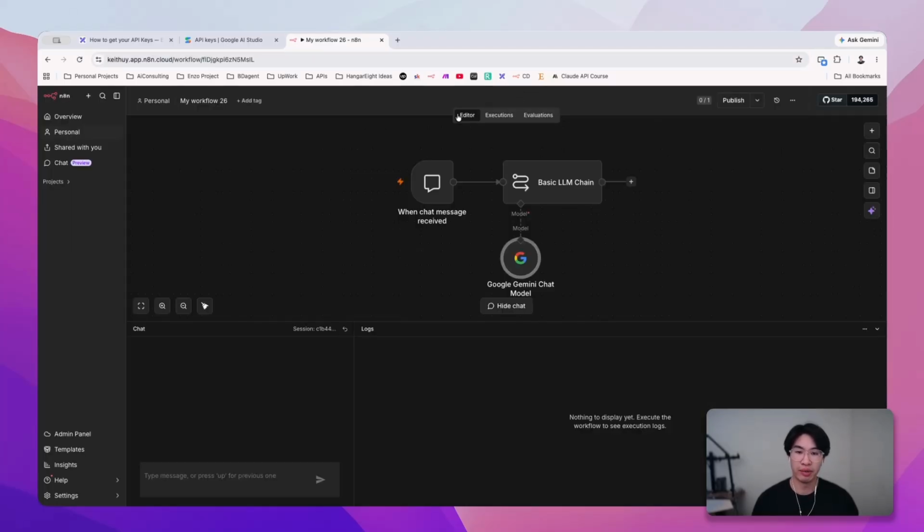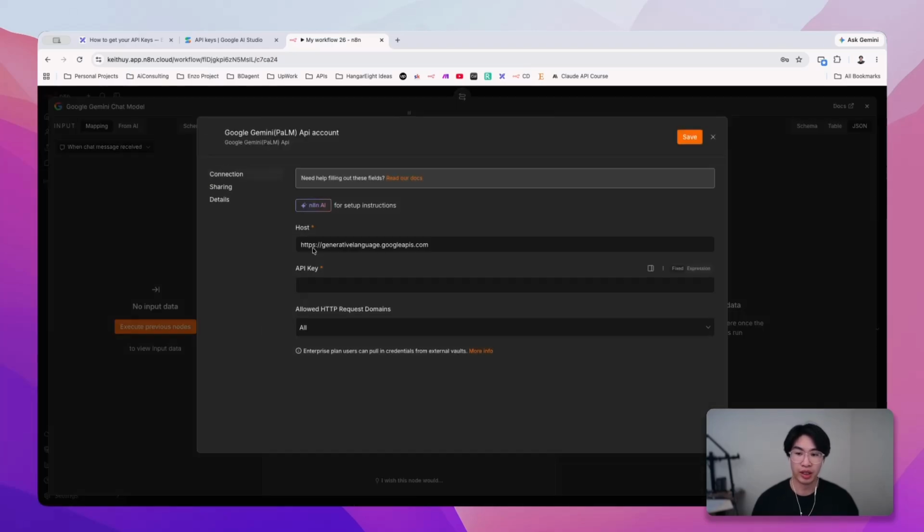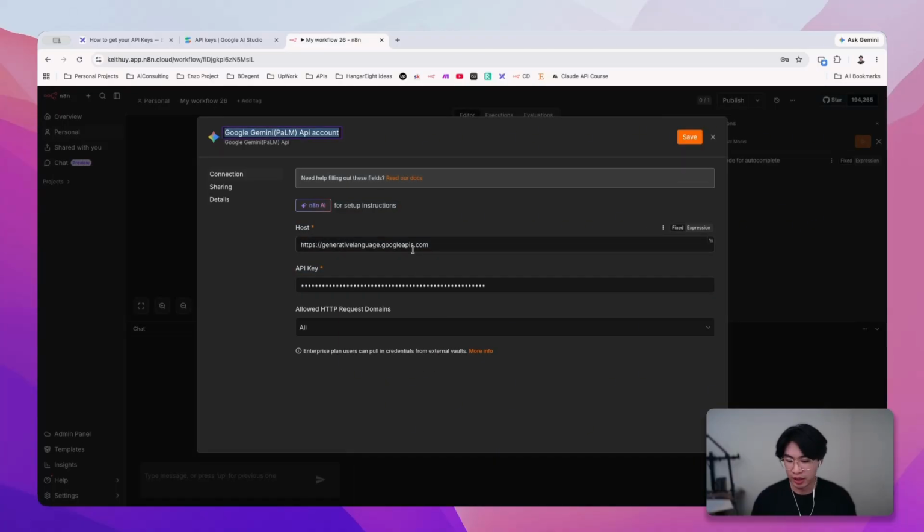So we're going to go ahead. We have a little chat and automation workflow right now. So we're going to double click the Gemini node. Let's create a new credential. And we're going to paste the API key here where it says API key. And then next, let's name this. So let's do this video sample, and then